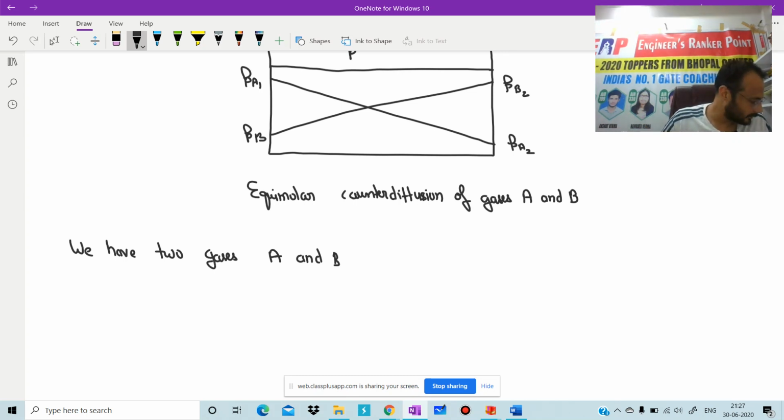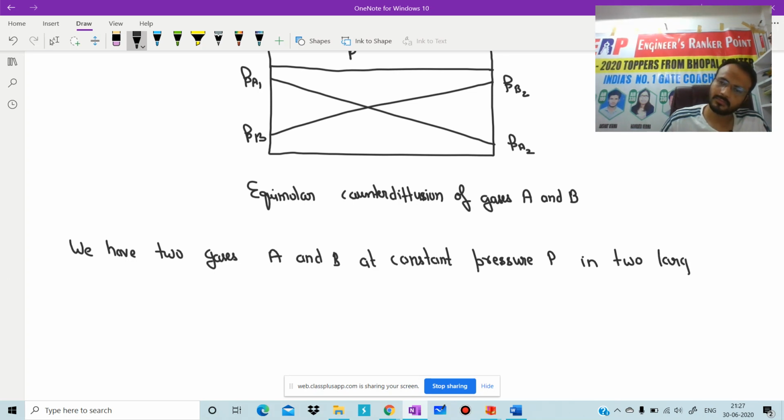A and B at constant pressure capital P in two large chambers connected by a tube,